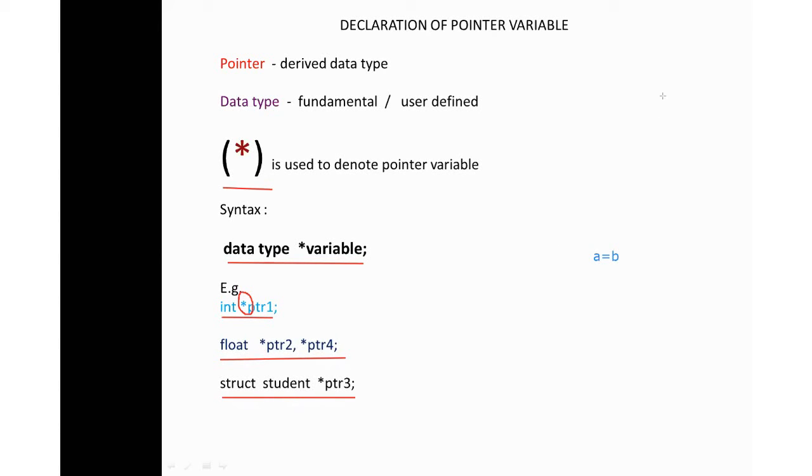Do you have any doubt over here? Pointer variable declaration, do you have any doubt? To indicate that a variable is a pointer variable, we should precede it with the star symbol. Only then it will be known as your pointer variable. Is it clear now? Any doubt? Shall I pass on?